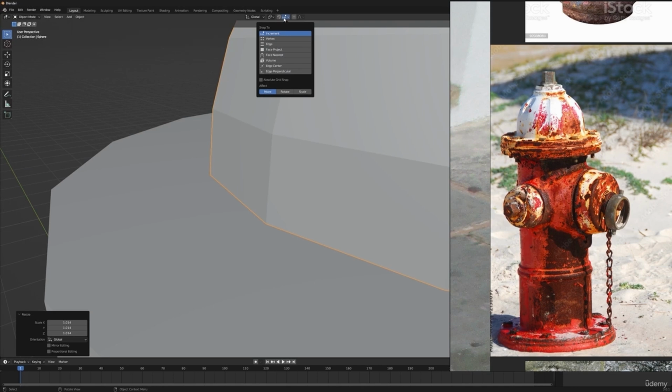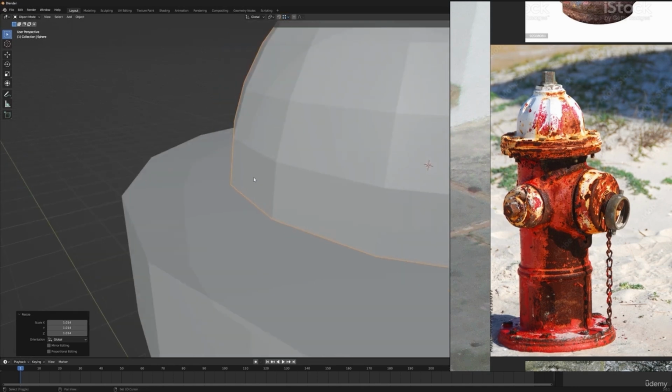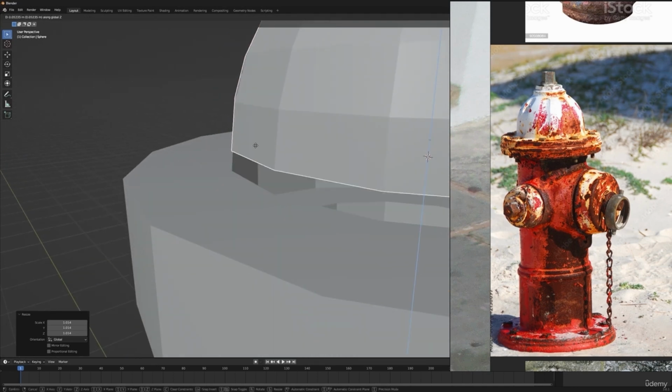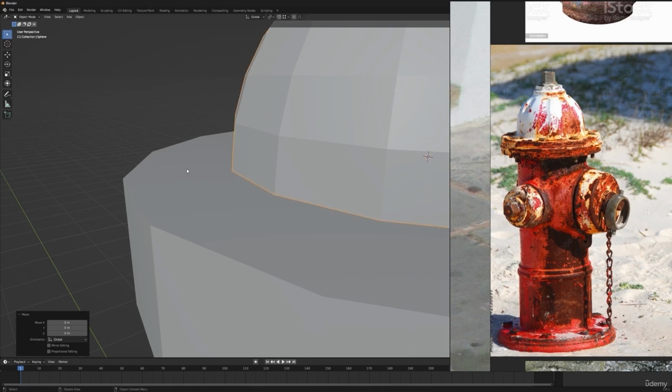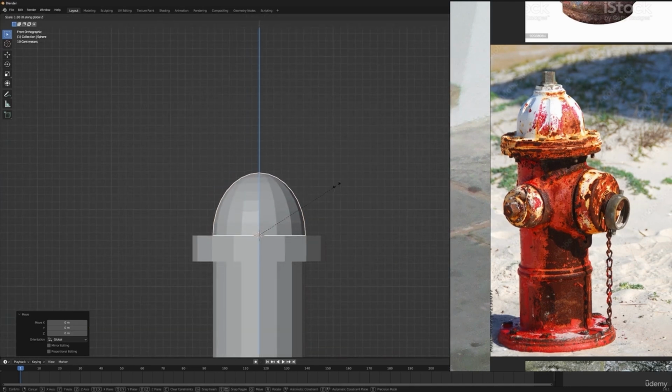Now I'm gonna go here and select vertex snap mode, and I'm gonna hit G and Z to grab it along the Z axis and hold Ctrl to snap it to this vertex. Now it's on the same level as the fire hydrant. Now I will match the scaling of it by hitting S and Z. Now I will hit S and press Shift Z to scale it on the X and Y axis, something like this,